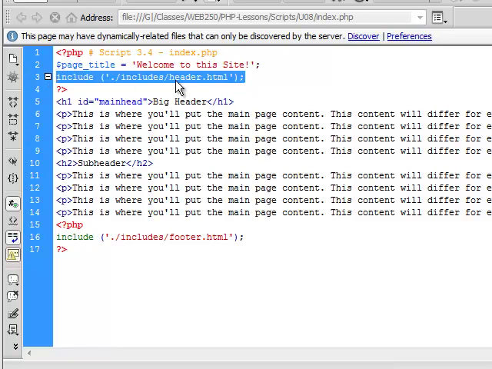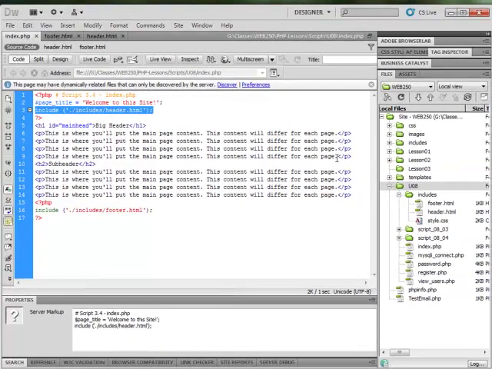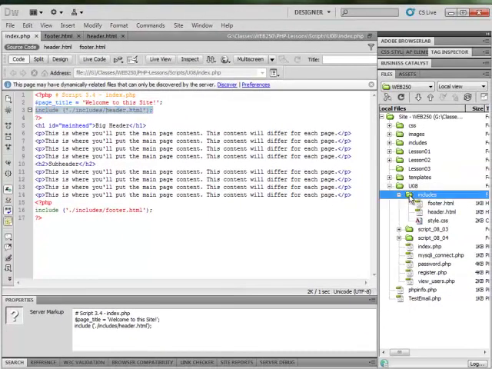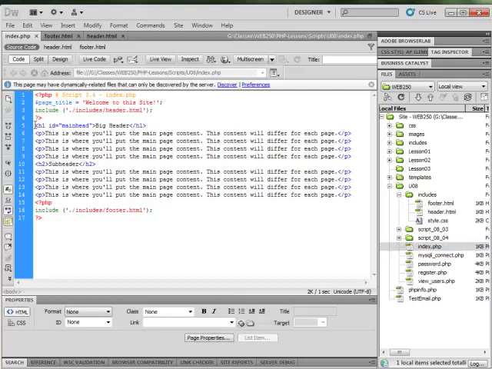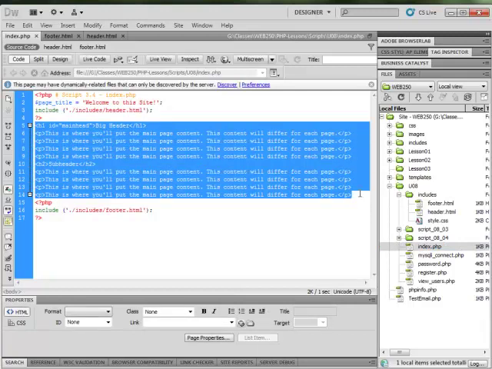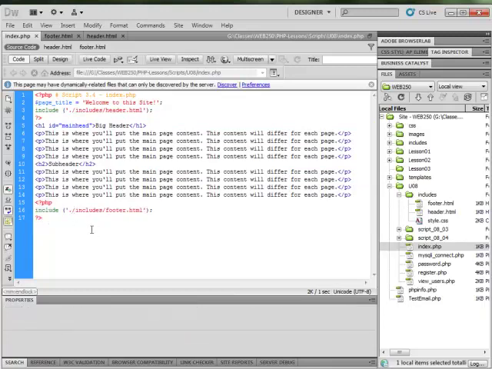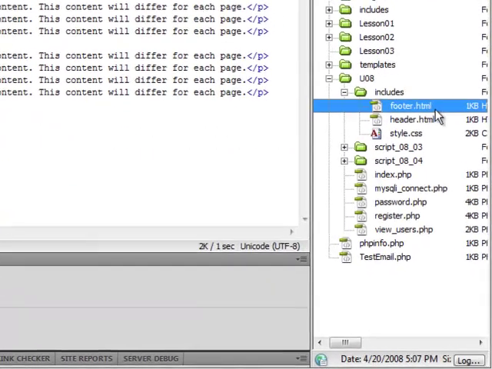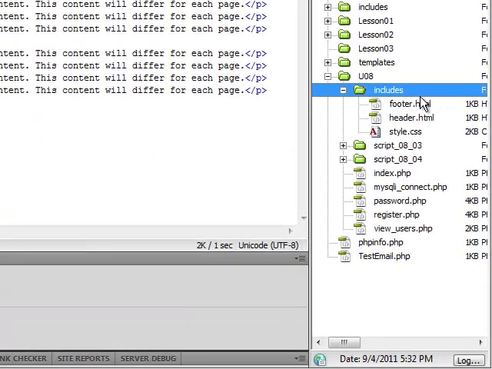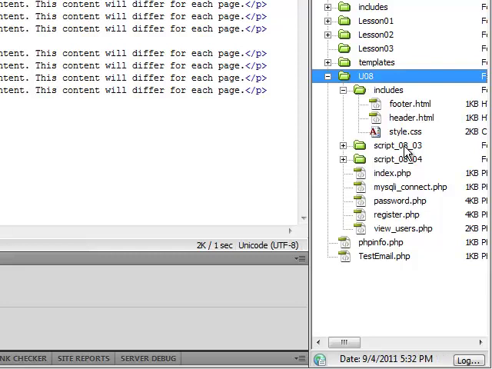So we have an include header file. Notice this dot includes directory points to the directory off of the same directory that the index file is located in. Then we have our content, and then we have another PHP segment with our include information. Again, dot includes footer.html points to this footer file, which is in the includes directory off of the directory relative